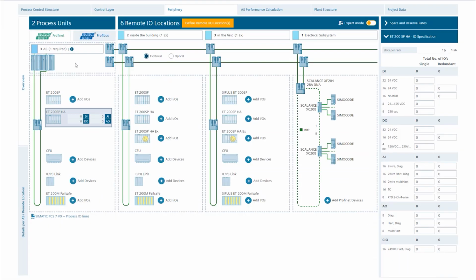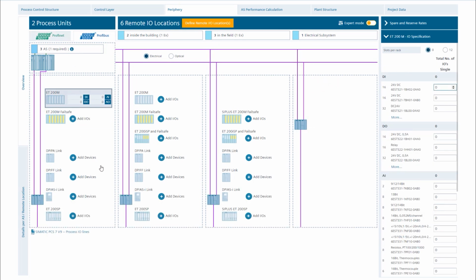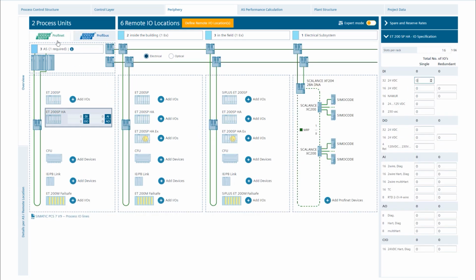After this, you have the possibility to enter your I/Os, both for Profinet and Profibus devices on plant level view. Just select your required I/O station type in the left overview and add the I/O numbers for each required module in the nicely arranged detail view that is located to the right. The CDT calculates the needed amount of I/O stations, including required network components, base modules, and of course the I/O